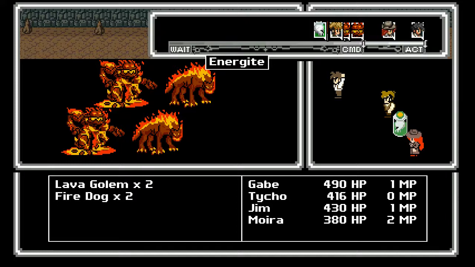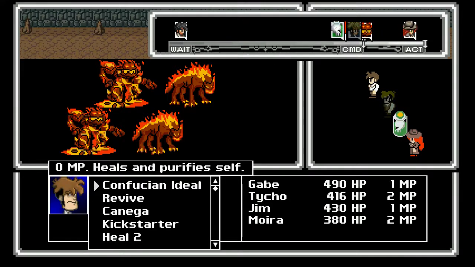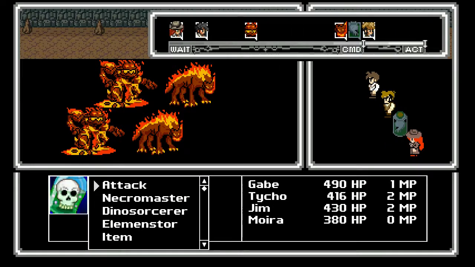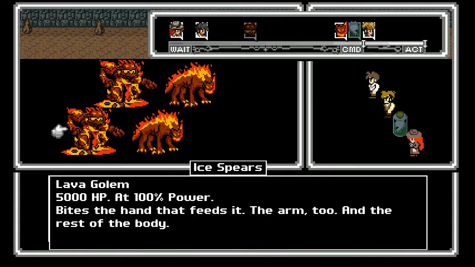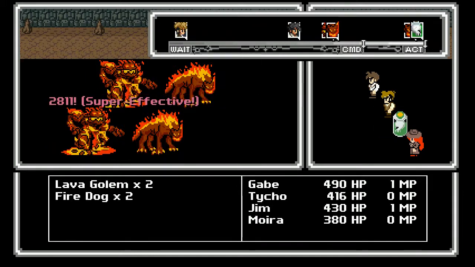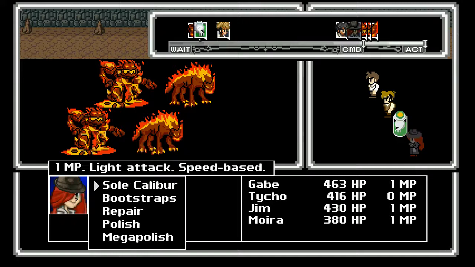So, nothing like making sure that Tycho can fire off a first turn Blizzard there. Energized is nice for that. I gotta say, that is one nice thing for it, although I did wish it gave more MP per use, but if it bothers you that much, you can probably just upgrade them. It's not that hard. The money for the upgrade isn't that much, so...